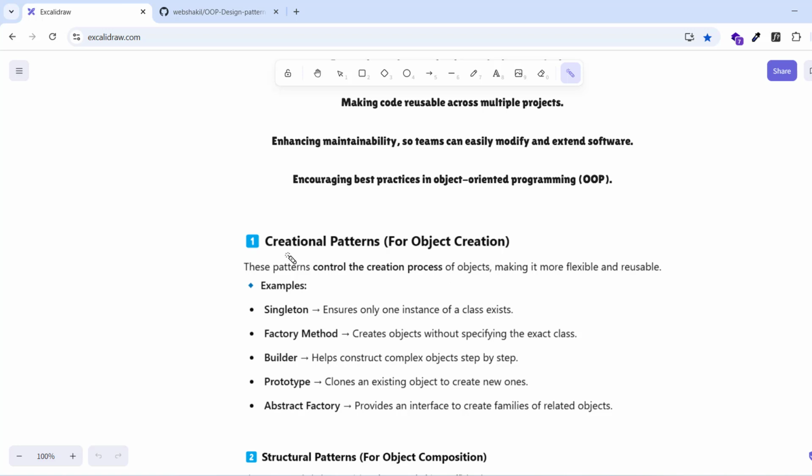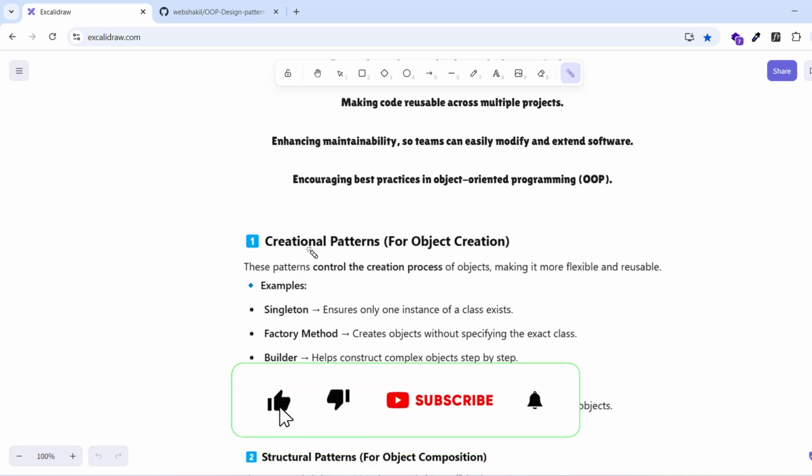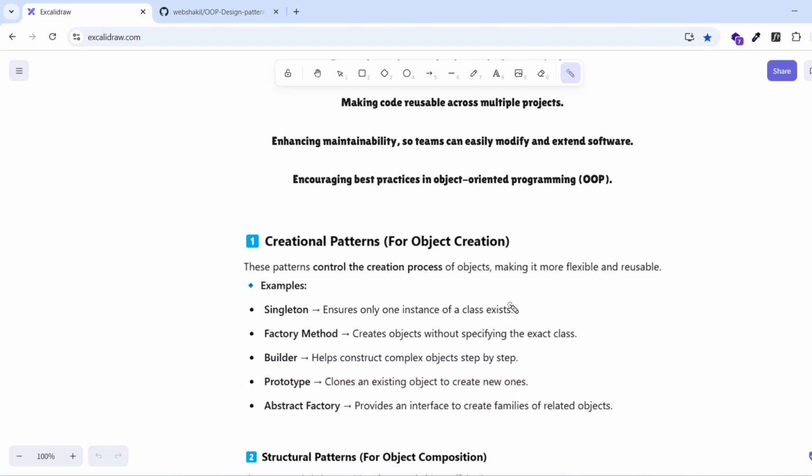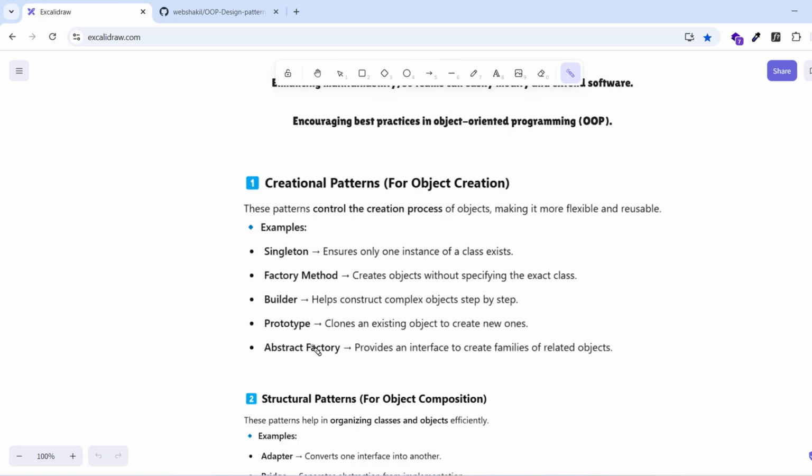There are mainly three types. First, creational patterns control the creation process of objects, making it more flexible and reusable. We have singleton, and I will start by discussing singleton. Factory patterns create objects without specifying the exact class. Builder helps construct complex objects step by step. Prototype clones an existing object to create a new one. Abstract factory provides an interface to create